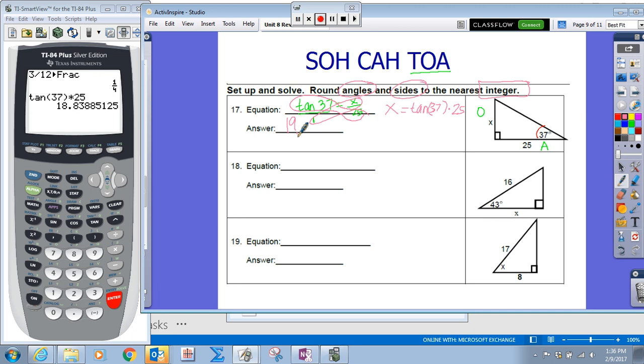Okay, for number 18, we have an angle, and let's label the sides. So we have right next door is our adjacent, and then across from our right angle is our hypotenuse. So we have to use our cosine, because we have adjacent and hypotenuse. So we're going to say the cosine of 43 is equal to